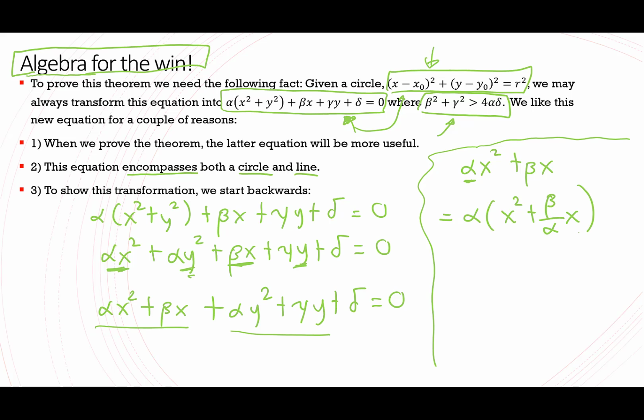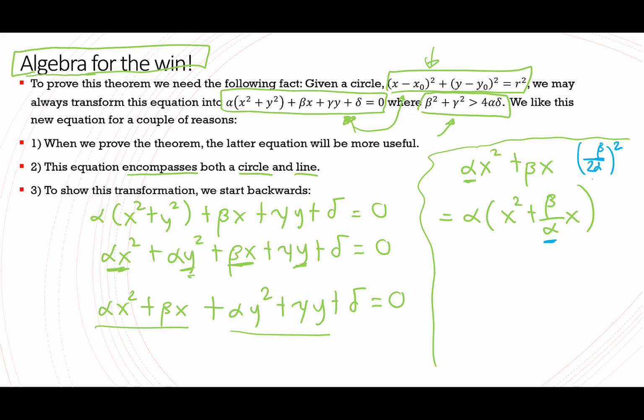Okay, so that's the first step of completing the square. Now our second step, this seems like math magic, and it sort of is, but what we're going to do is take the b term, the new b term, so beta over alpha. We're going to divide it by 2, and square it. So we take our b term, divide it by 2, so I put a little 2 in the bottom, and then we square it.